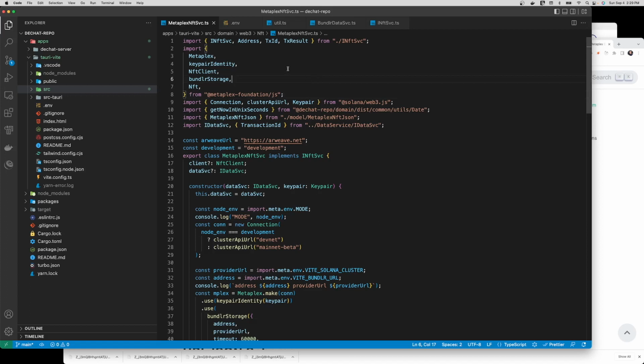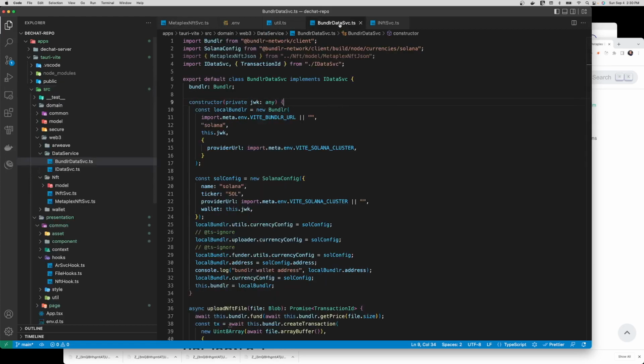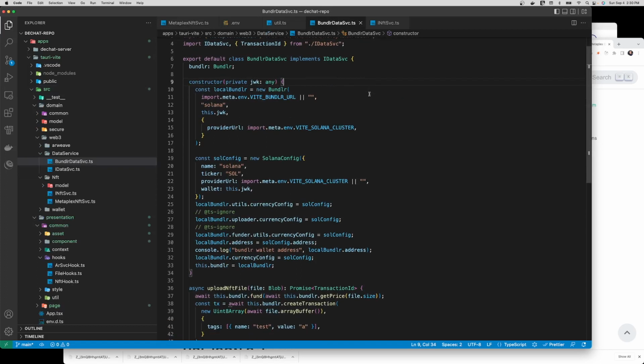So the first thing that I did is I wanted to break up my code, separation of concerns, all that stuff. So this is the piece that handles the Metaplex specific NFT metadata and NFT creation portion. And then this is the portion that connects to Bundler. And if you're not familiar with Arweave, so I am going to be saving my images,